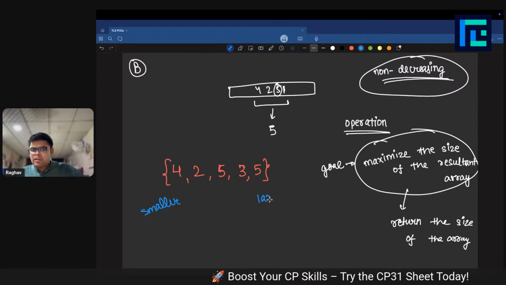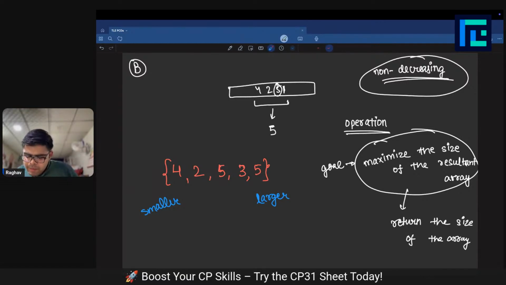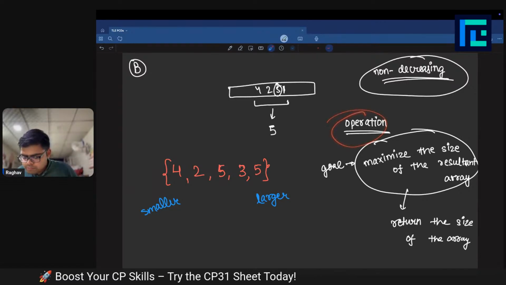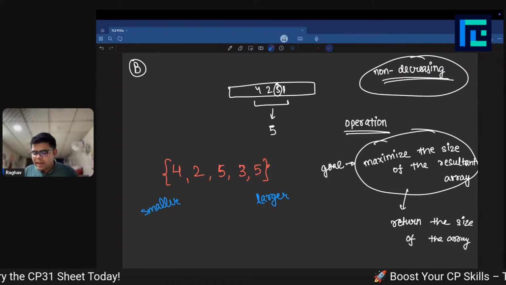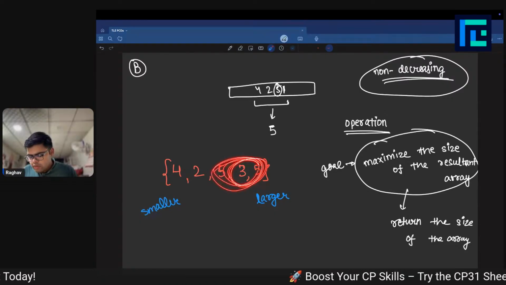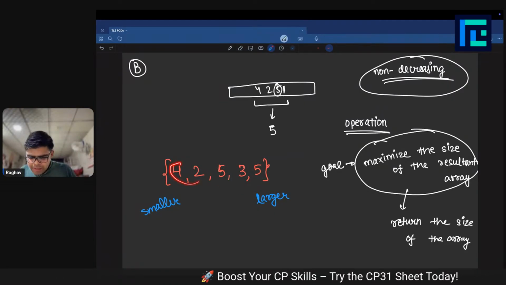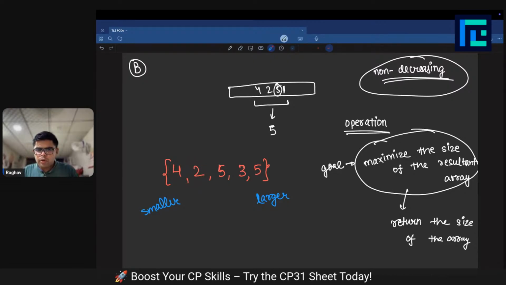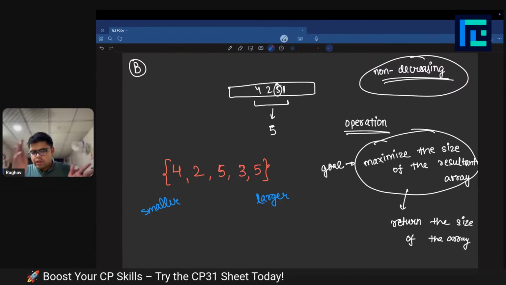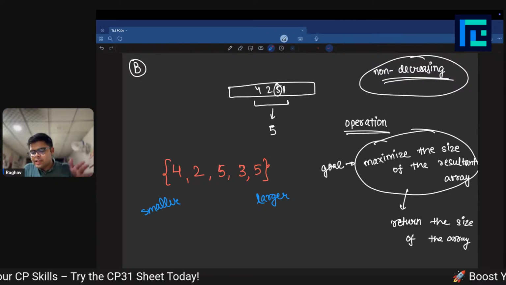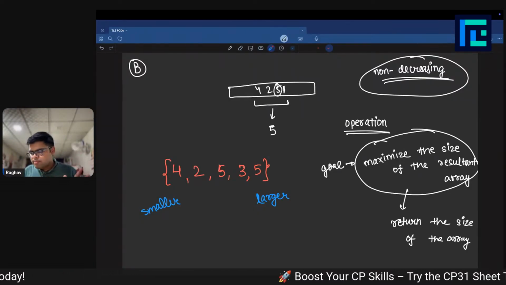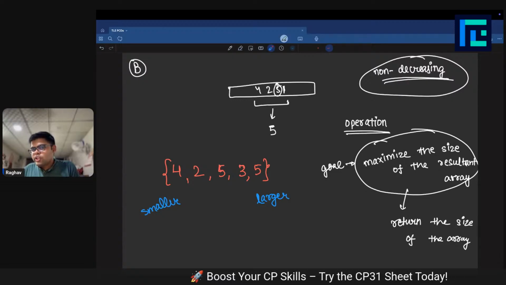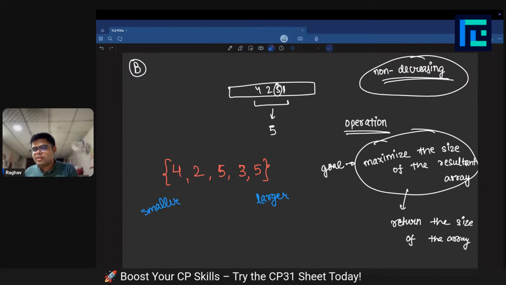They are bigger than the values on the left. Now by applying an operation, we can't really make the right guy bigger, nor can we make the left guy smaller. So there is nothing like we can make the left guy smaller or the right guy bigger by applying an operation. I do check for this kind of thing because in a lot of problems,